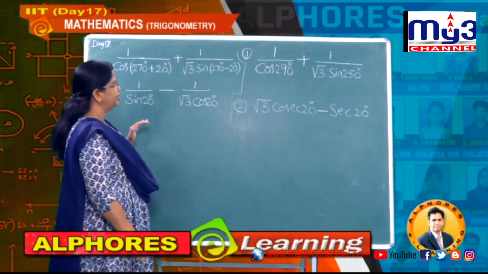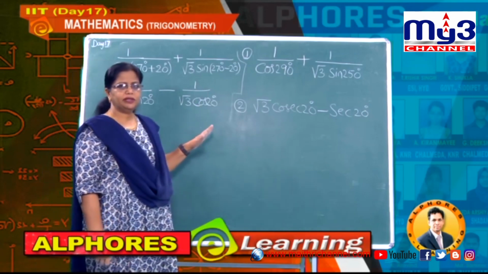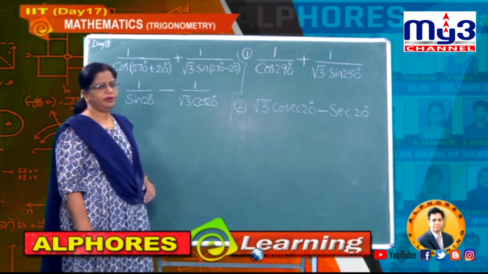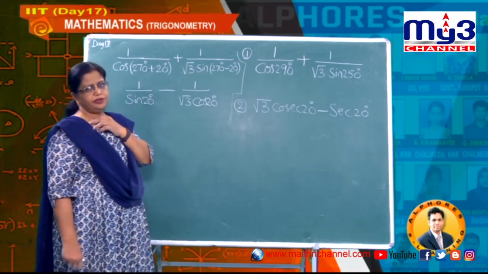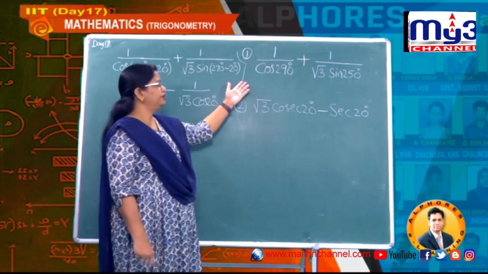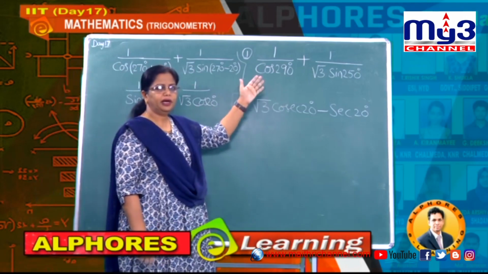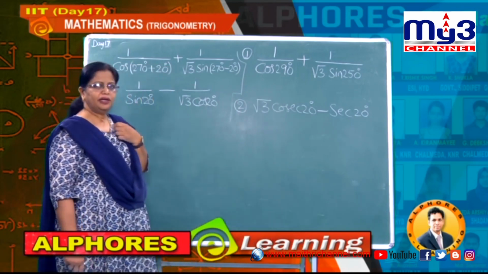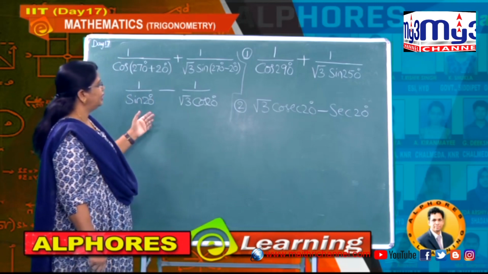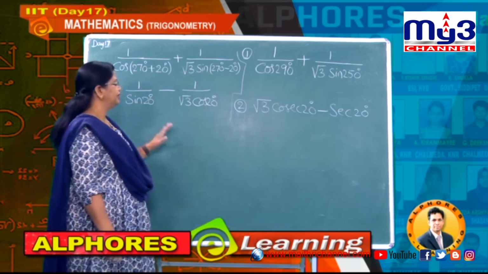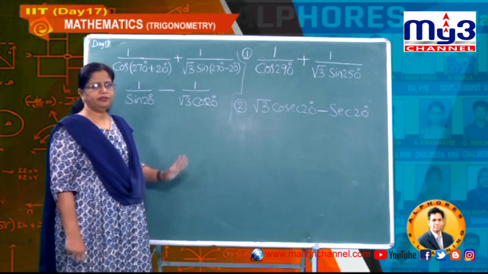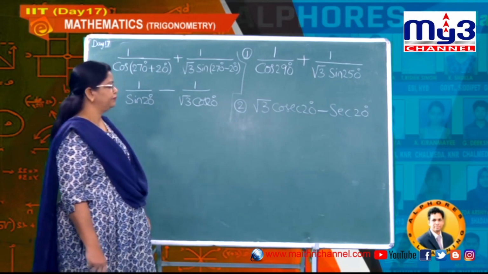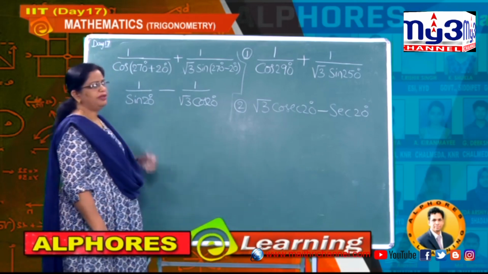So first we have reduced the problem in terms of the acute angle. Now let us think what to do. The options given are numerical values, like 1 by root 3, 4 by root 3, 4, or 4 divided by some other value. As all options are numerical values, that means the problem simplifies without needing the values of sine and cos in the last step. So what can be your observation?